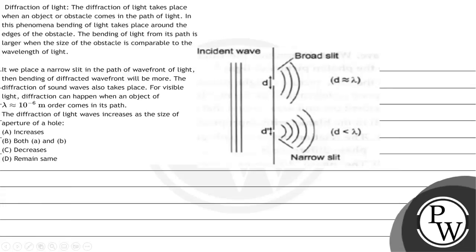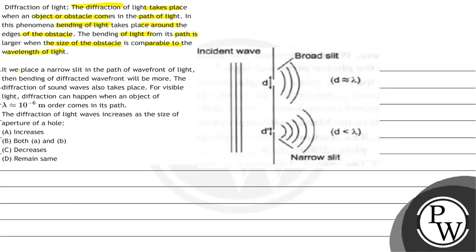So the question says diffraction of light. The diffraction of light takes place when an object or obstacle comes in the path of light. In this phenomenon, bending of light takes place around the edges of the obstacle. The bending of light from its path is larger when the size of the obstacle is comparable to the wavelength of